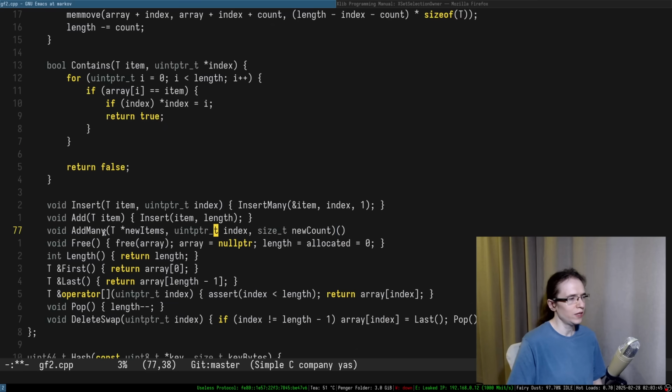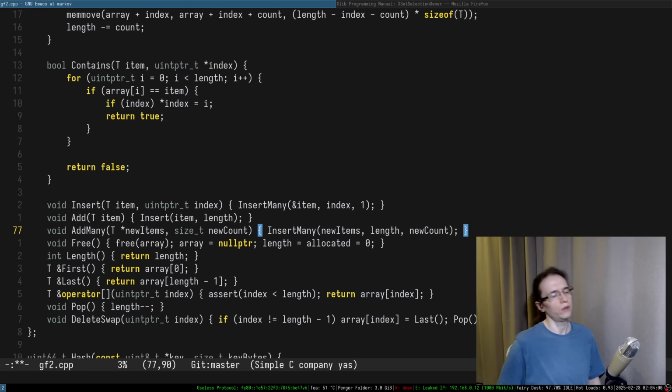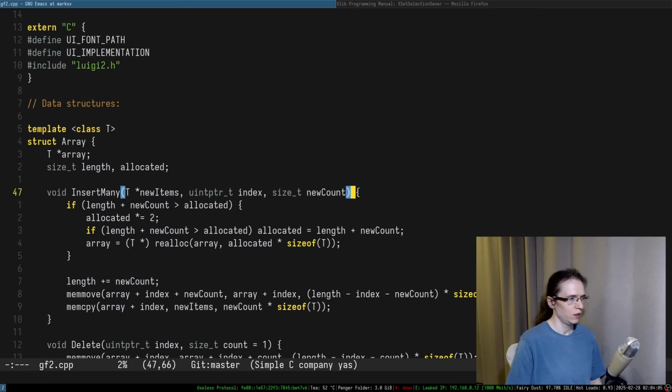New items, but without the index. All right, and in here we do insert menu, new items, length, new count. This is very, very poggers in my opinion. And now,